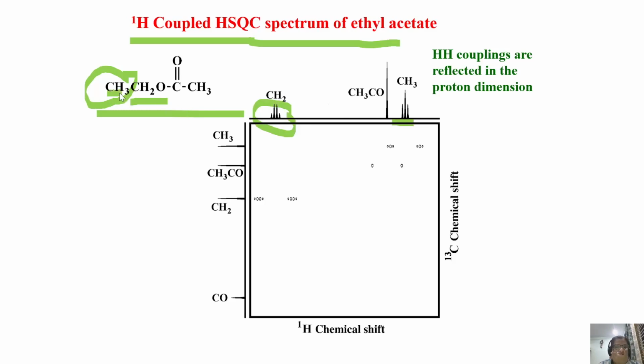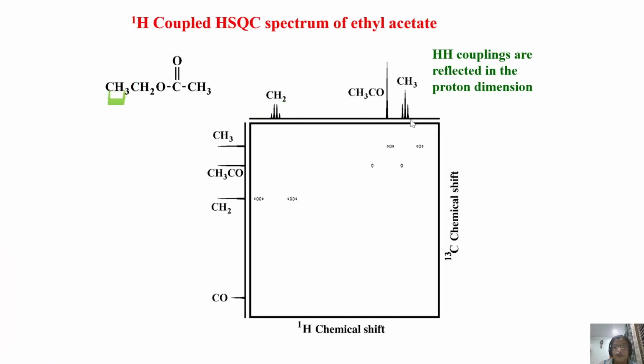That is clear. Now, in the HSQC spectrum, what will happen? This carbon is going to correlate with these three protons. Exactly. You get a doublet because of one bond CH coupling. Understand? But now each lane of this doublet is a triplet, one-to-one triplet, because of coupling with CH2 protons. That's what we observed in the previous example. So in a realistic example, you are able to see that. But in the carbon 13 dimension, you see only one peak, and that is the chemical shift of this carbon. All information you can get in one simple experiment.